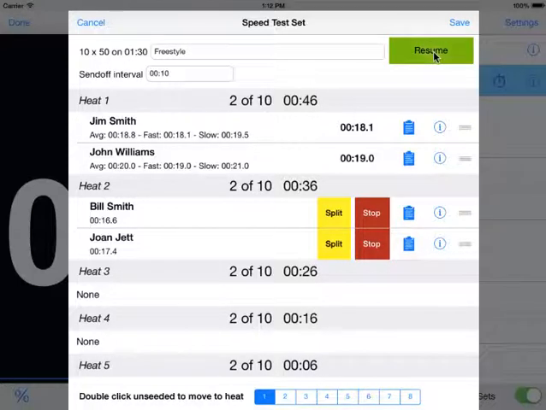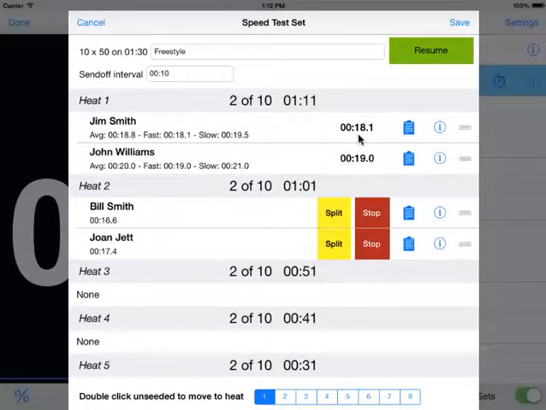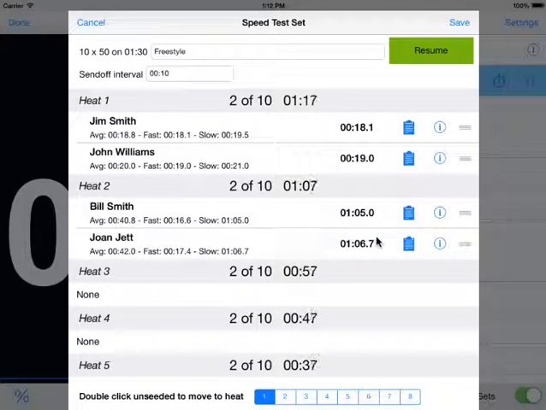I can also pause this on the next repeat. And you notice that the clocks still keep going. But what will happen is when it gets to the 1:30 again, it's going to pause that and then wait for me to proceed before it goes on. So I may want to give the swimmers a little bit more rest before the next repeat or whatever. It doesn't stop the clocks that are currently running, because it assumes those swimmers are still in the water and still completing the last repeat, but it will wait